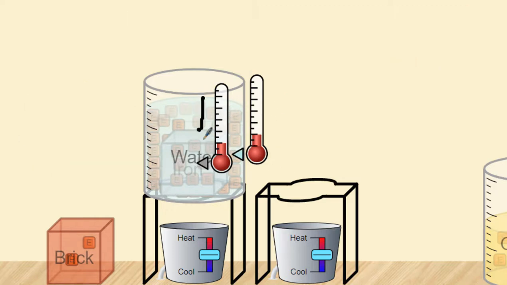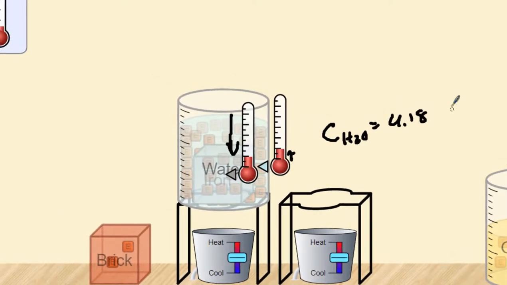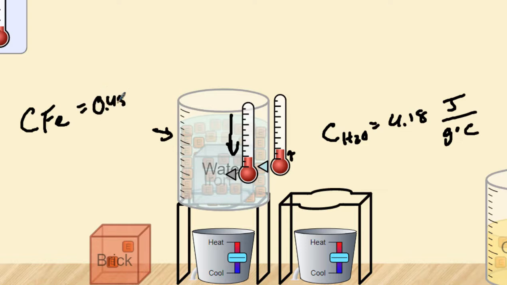Now, the iron went down a huge amount of temperature. The water went up just a small amount of temperature. And that's because the specific heat of water is 4.18 joules for every gram degrees Celsius, or Kelvin. The iron has a specific heat of 0.450 joules for every gram degrees Celsius, which means, do you see how